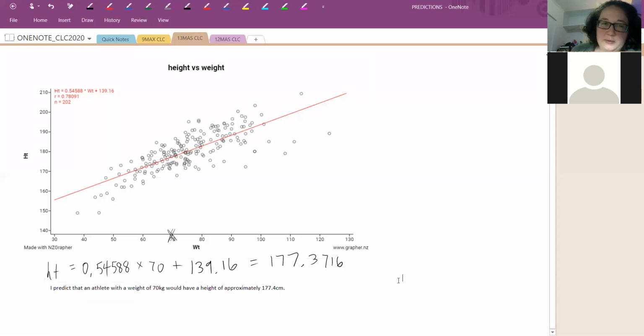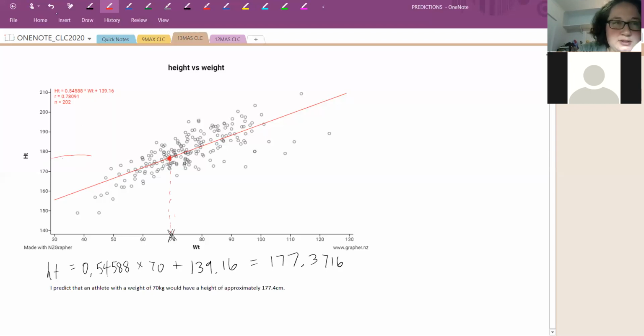So the next thing that we would like to do is say how confident we are in these predictions. There are a couple of ways to do that. The first way is to just look up at what we've predicted. So we're looking up here at 70 kg, and if we look straight up at the model, this right here is what we've predicted. If you look straight across,